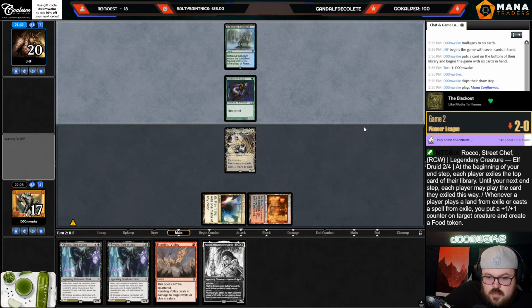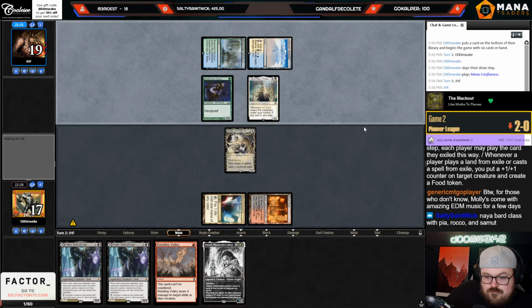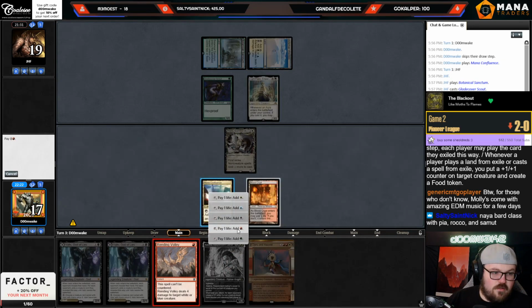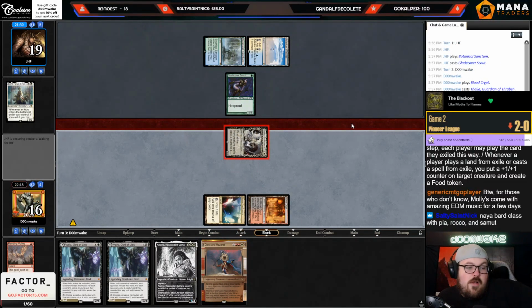RGW 2/4. End step. Each player exiles the top card of their library until your next end step. Each player may play the card they exile this way. For what? Naya Bard class with Rocco. Not the worst idea. Alright, kill this homie. Probably still in a terrible spot, but...